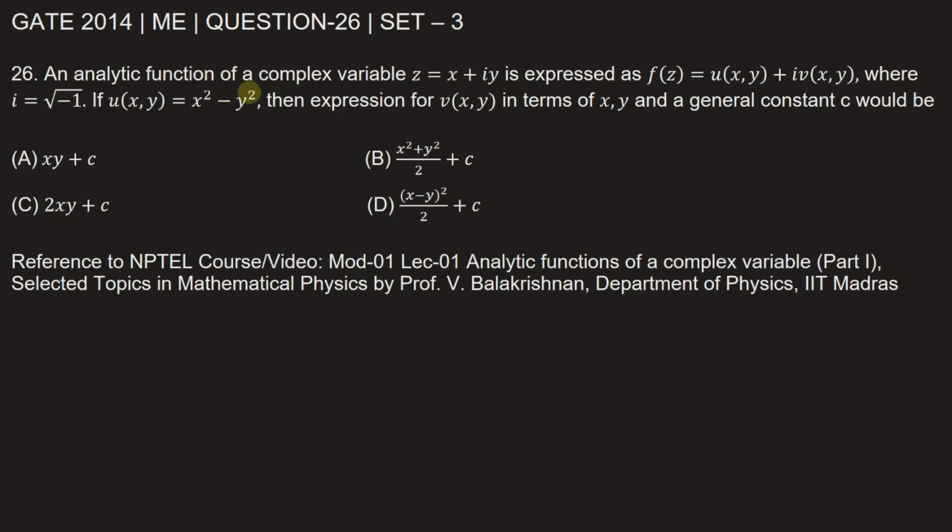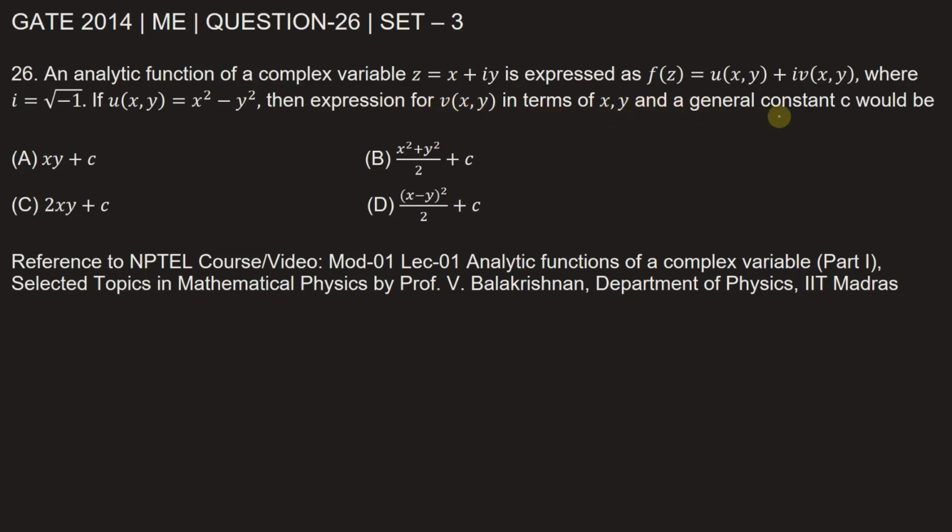An analytic function of a complex variable z equal to x plus iota y is expressed as f of z is equal to u as a function of x and y plus iota v, which is also a function of x and y, where iota is equal to square root of -1. If u is equal to x square minus y square,